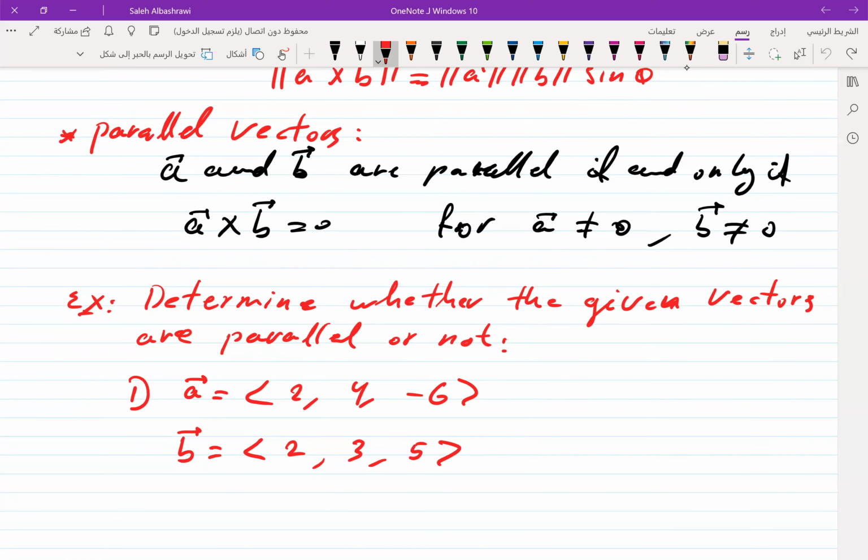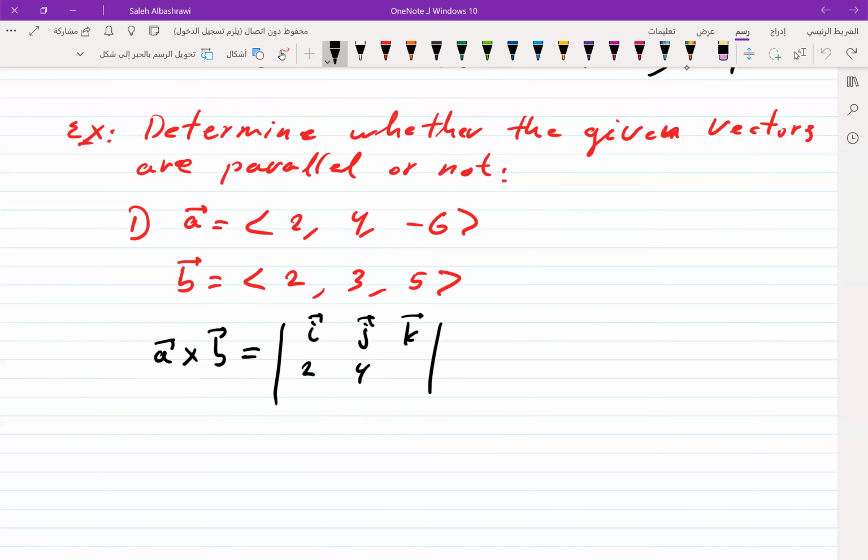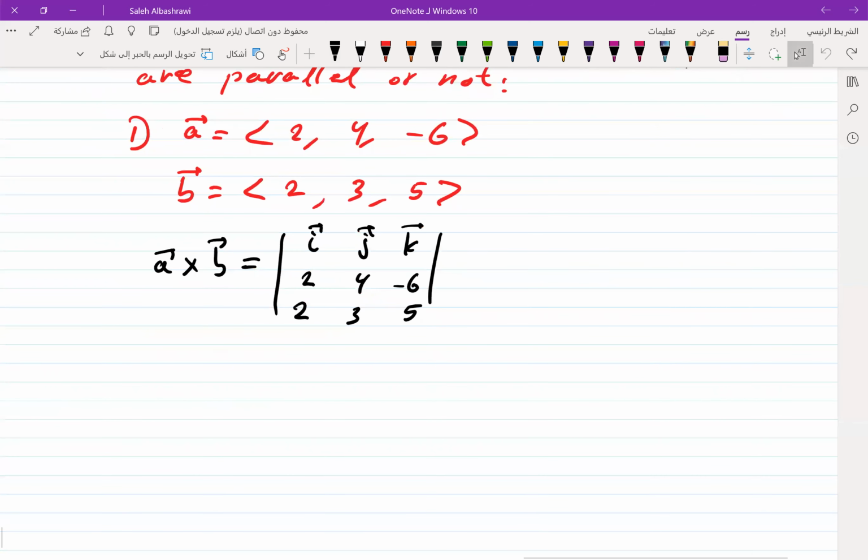So let's find A cross B. If it is equal to 0, then they are parallel. If the cross product is not equal to 0, then they are not parallel. So for the cross product A cross B, which is equal to the determinant of I, J, K, 2, 4, minus 6, 2, 3, and 5, which is equal to,